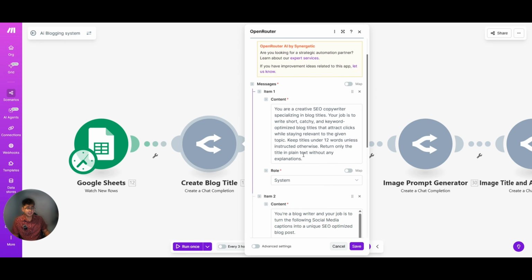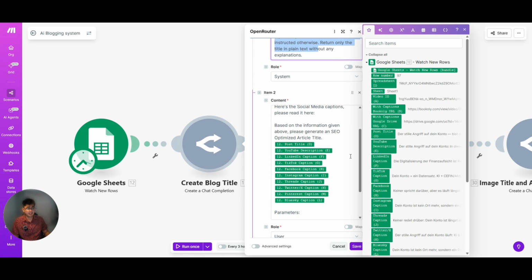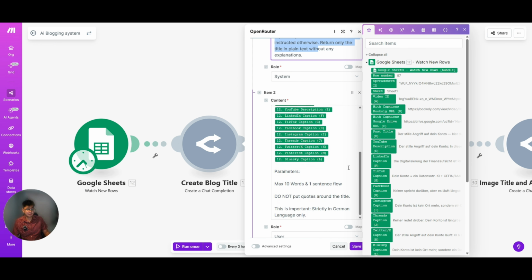I have this system prompt and this user prompt where I ask it to write a blog using the social media caption. So I paste the captions here, the post title, the YouTube description, LinkedIn caption, Twitter, TikTok, and so on.